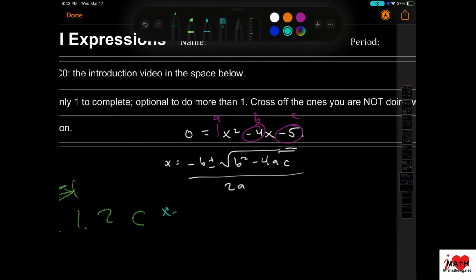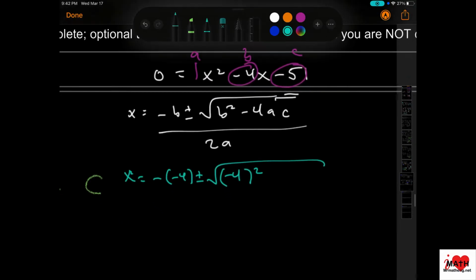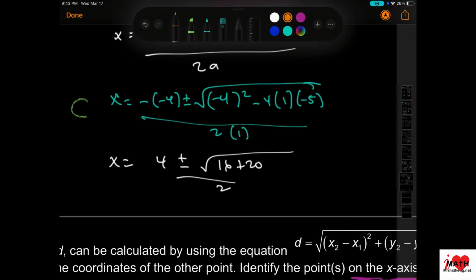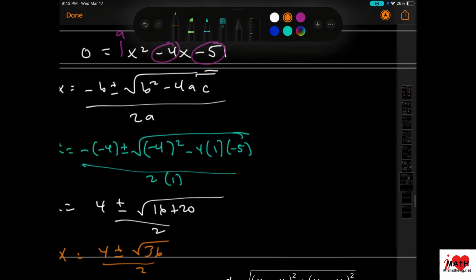Okay, so my b value is -4, plus or minus -4 squared minus 4 times the a value, which is 1, and our c value is -5 all over 2 times 1. So opposite of -4 is +4. I get 16, and -4 times 1 is -4. -4 times -5 is +20. So we're gonna get x equals 4 plus or minus square root 36 over 2,